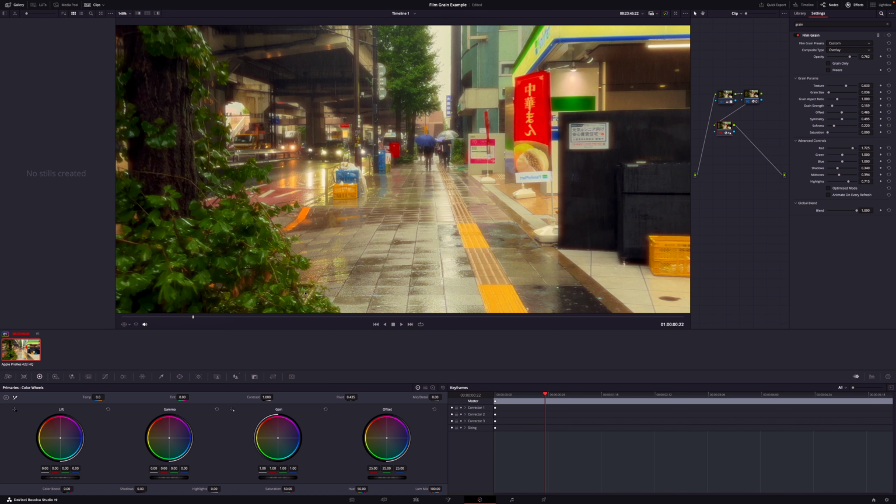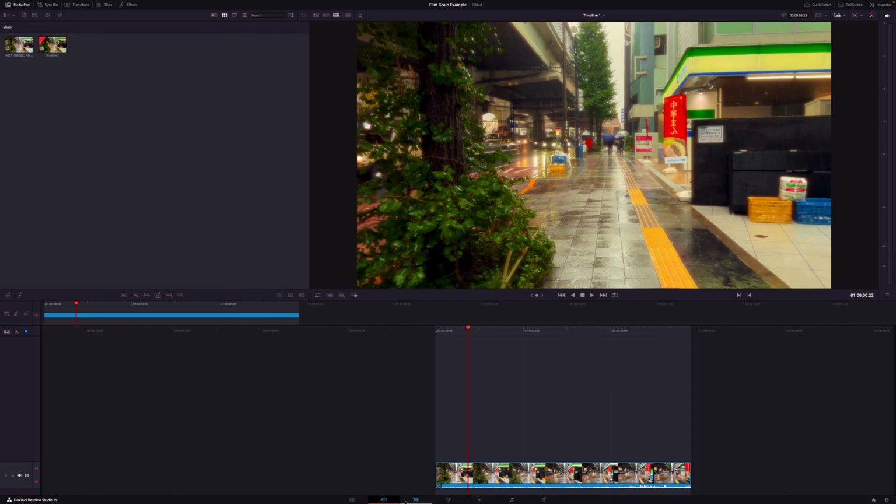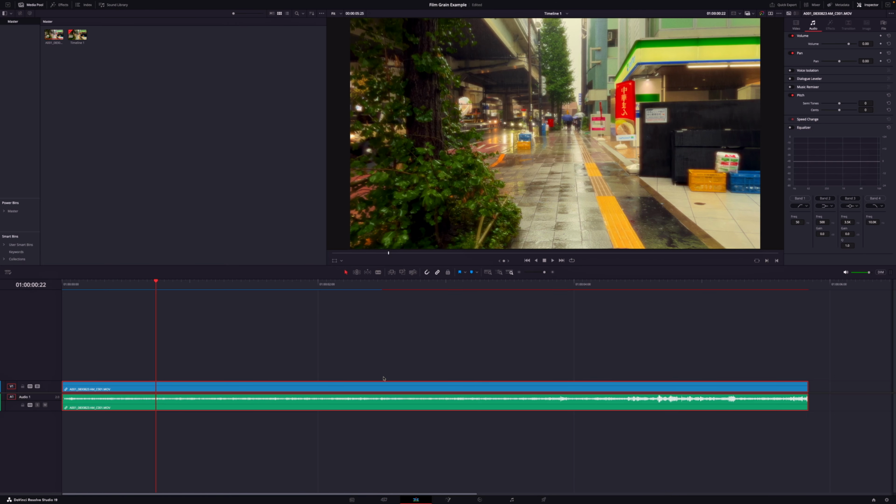Once you're happy with the film grain effect, you can either continue going about editing your video in the cut or edit page, or you can export it in the delivery page. And that's it. You've learned how to add film grain to your footage in DaVinci Resolve, giving your video a